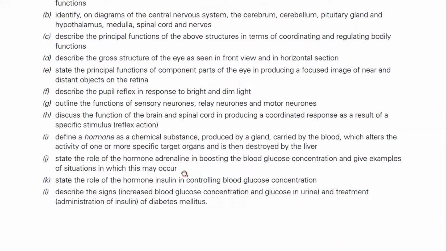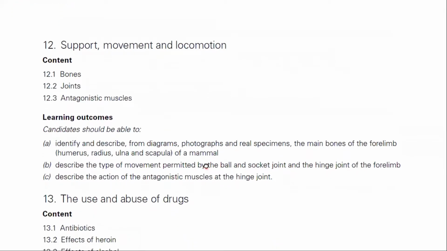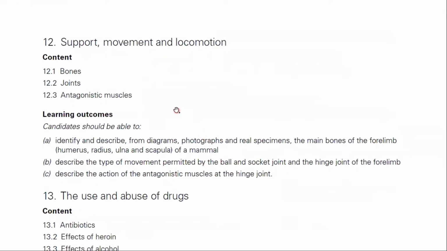Also, we have hormones carrying out different processes in the body, produced by the brain, pituitary gland, and all the glands in the body. We'll also be discussing the role of hormones in insulin and diabetes, which is controlling blood sugar and glucose concentration. We have chapter number 12, known as support, movement, and locomotion, in which we have bones, joints,